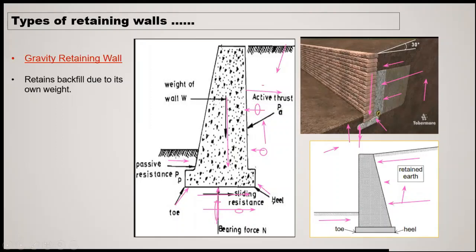So this will be the active pressure. This is open to sky, this is free. When you want to take the moments of all the forces about the toe point, then this pressure, this weight, this sliding resistance, bearing forces, passive resistance, etc. From this you can easily calculate whether this wall is stable against sliding as well as against rotation. Mathematically